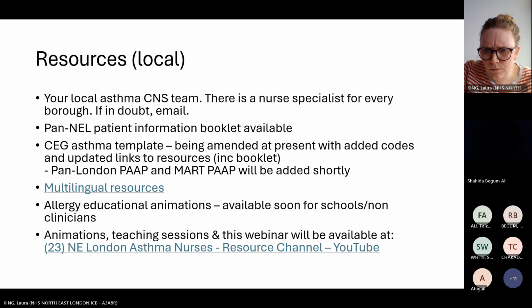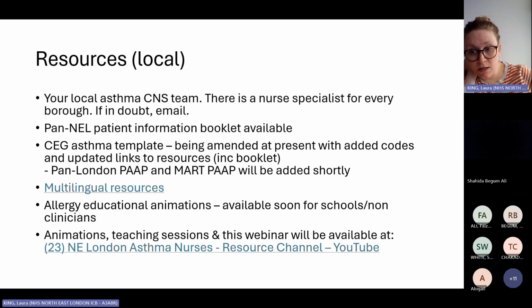Can you do your eosinophil check and serial peak flow diary for diagnosis while using AIR therapy? I mean, you could do a peak flow diary in series at any point, so yes, absolutely. An eosinophil check, I guess, yeah, you could. That's in the guidelines now. We know we don't have FeNO or spirometry anywhere at the moment in North East London for children or young people. So yeah, you could.